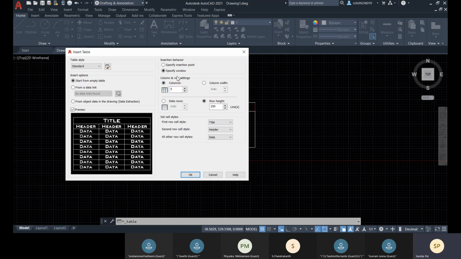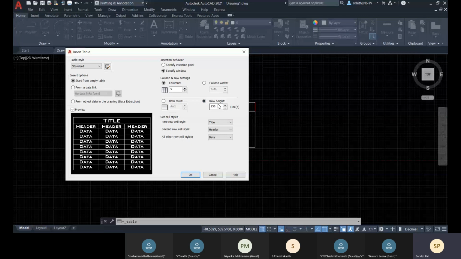If you go for this specify window option, you have to draw a window within your viewport, and as per the window area, window length and width, the column width is automatic. So column width will be adopted as per your window area, and the data rows will be adopted as per the window area. You can change it; you see that row height is fixed right now.